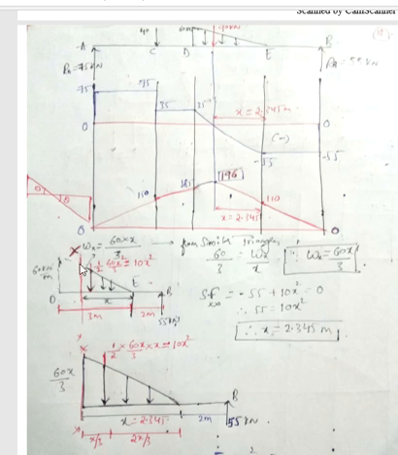But now I am considering only up to section XX, and this base distance I have taken as x, which I need to find. I need to find the value of x, but I need to know the value of the height. How to calculate the value of this height, I have already explained in the derivation for the standard cases, but let me explain it once more. Let me consider the load intensity at this section as Wx. Up to this section XX will make one triangle, and the larger triangle will be the other triangle.